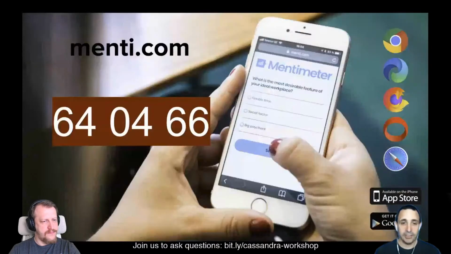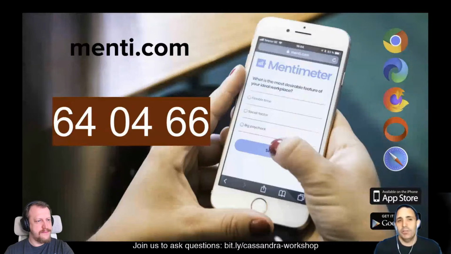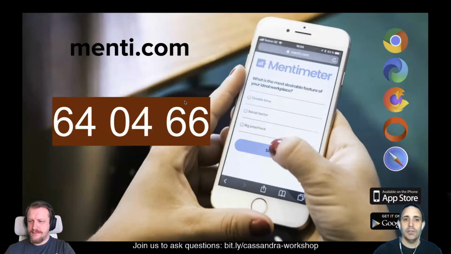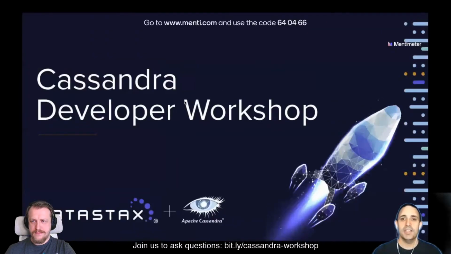You can go to the website menti.com, or you can use your own mobile phone going to the website, or you can also download the Mentimeter app. Once you're on the page, please enter the code 640466, and it will show you something like that. So the code is 640466.